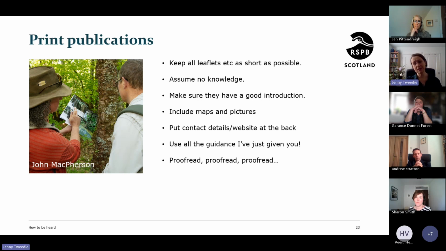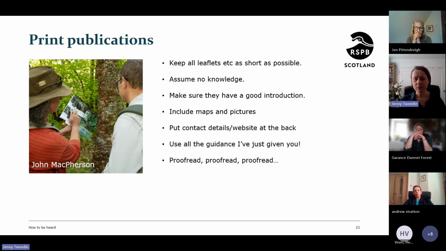Make sure your contact details or any websites are on the back, so that people can get in touch with you if you want them to, or they have somewhere else to go to get more information. People lose leaflets, or they just chuck them out. They don't even want to keep them. So if they've gone online on their phone, or taken it home and put it on their laptop, they've got some sort of a record of you and what you were trying to tell them, and hopefully they can come back to that at another time. So QR codes are really useful as well.